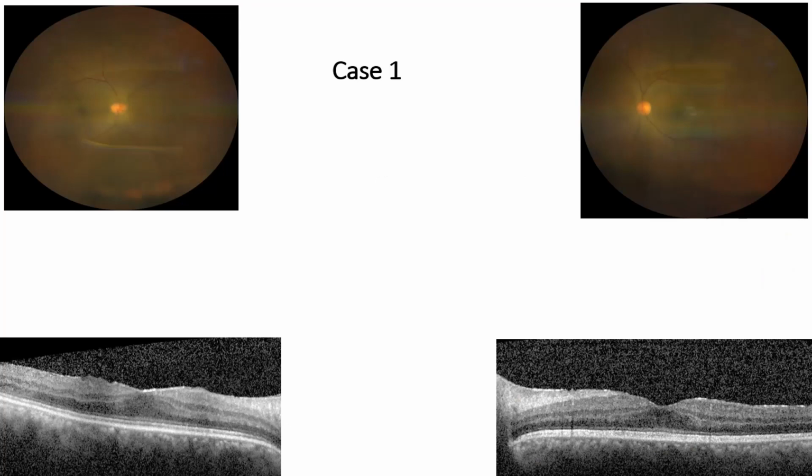So when we see her fundus photograph, we see that there is no active uveitis at all. Her fundus picture looks absolutely normal. Then we suspected it could be macular edema. We did an OCT. The OCT also showed no evidence of macular edema. So our next thought was, is she having any macular ischemia? So we thought of doing a fundus fluorescein angiogram.